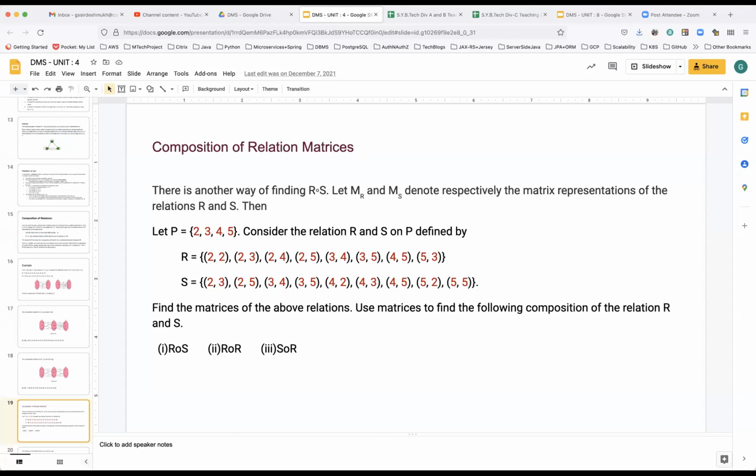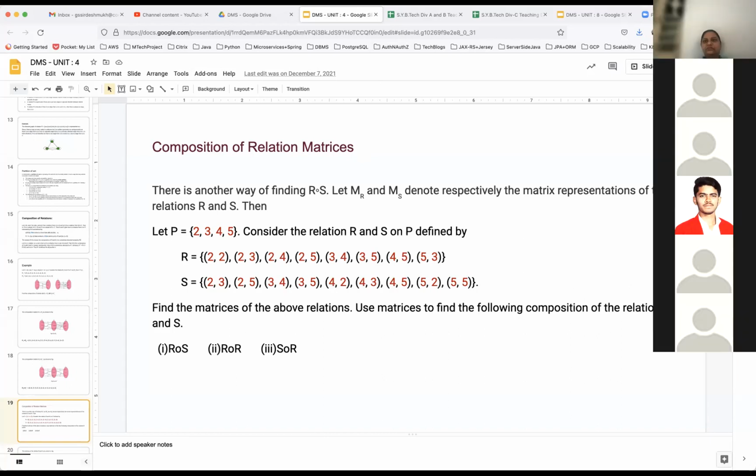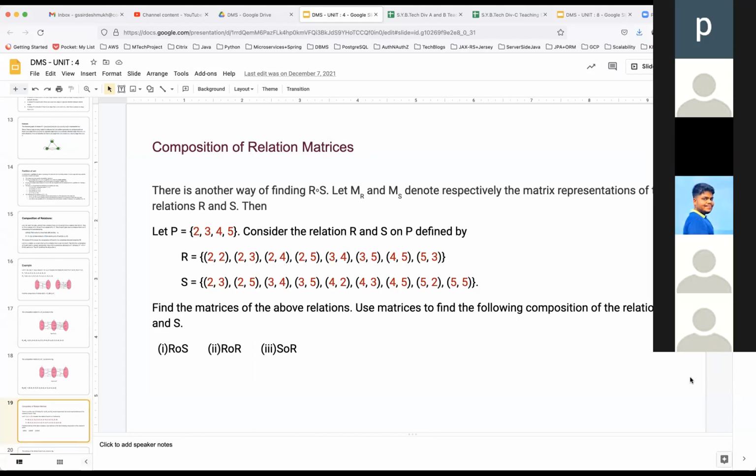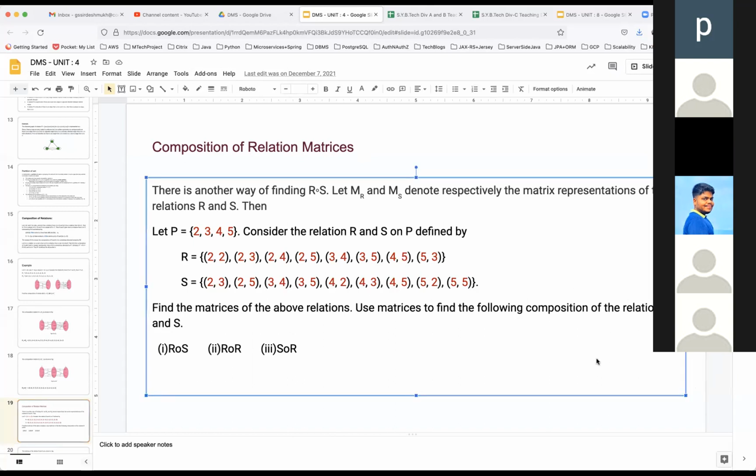How many participants are here? 14 participants. 2 roll numbers are absent. So can anybody please tell me who is absent? 11, 12, 15, 1, 9, 3, 8, 5, 13. Is the 6 roll number present?